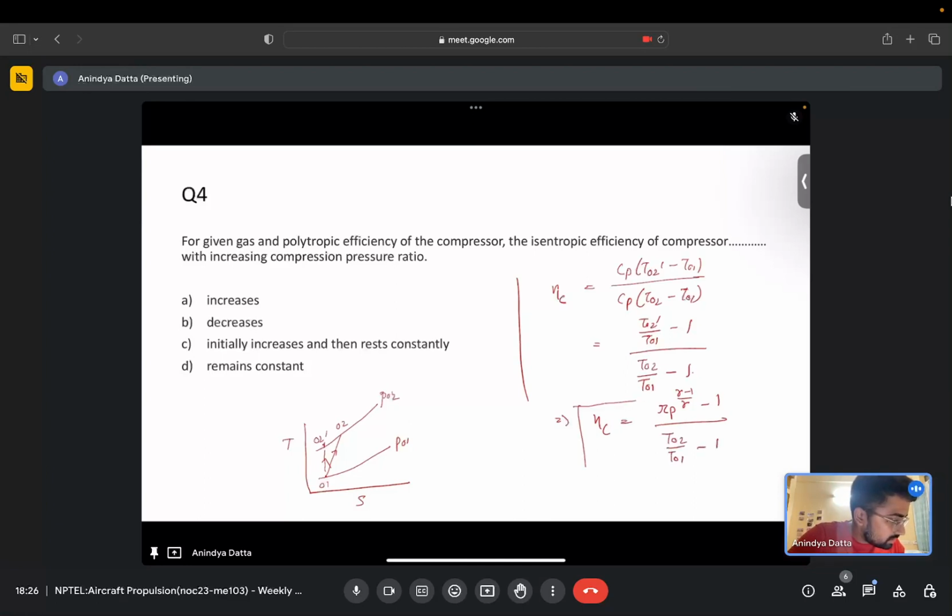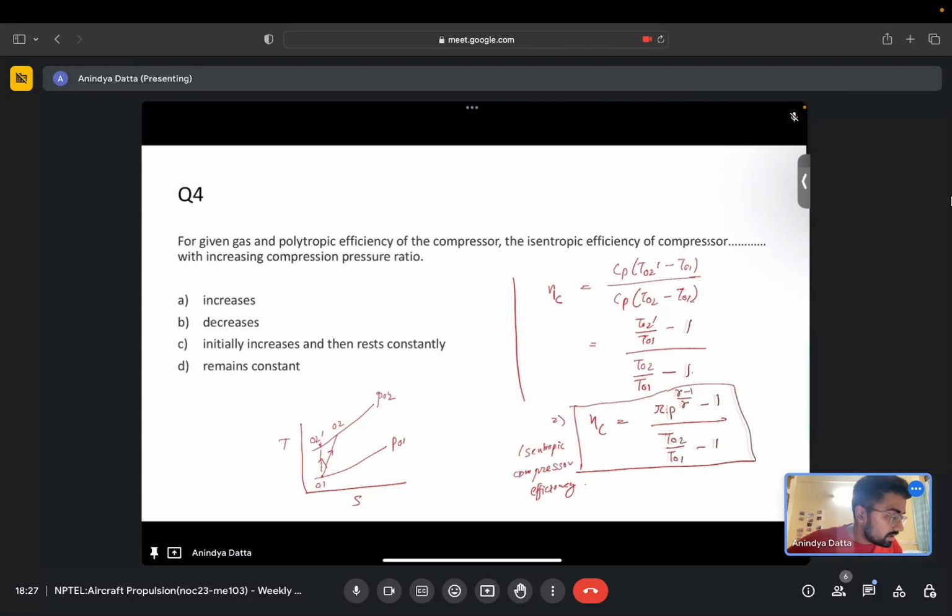Okay, this is our formula for the compressor isentropic efficiency. Now we see that this compressor isentropic efficiency is dependent on pressure